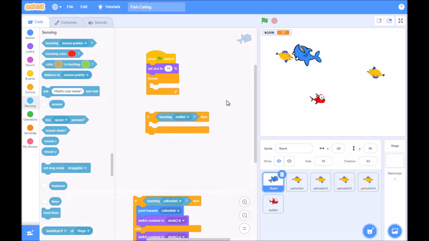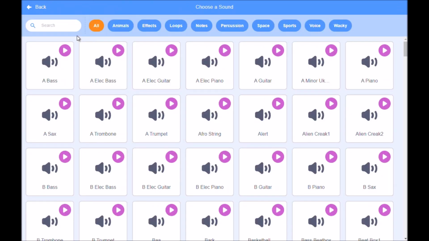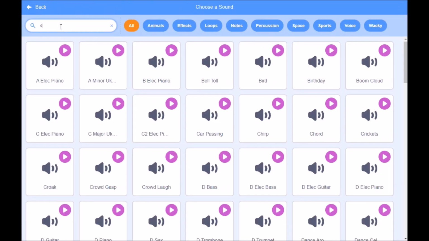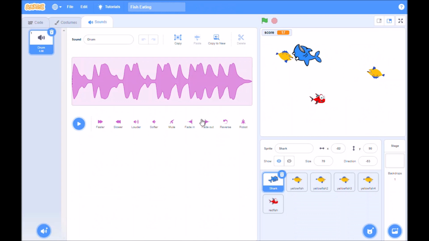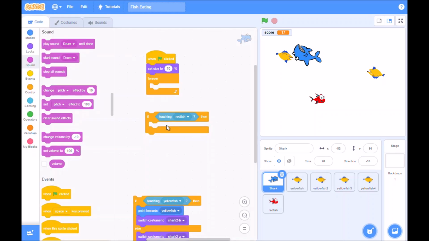then what is going to happen? Well, we're going to play the drum. So if we type in here drum, here we go, and we're going to have just the drum. So if we go back, now we've added the drum code, so if we go back to code, and we're going to have, when touching the redfish,